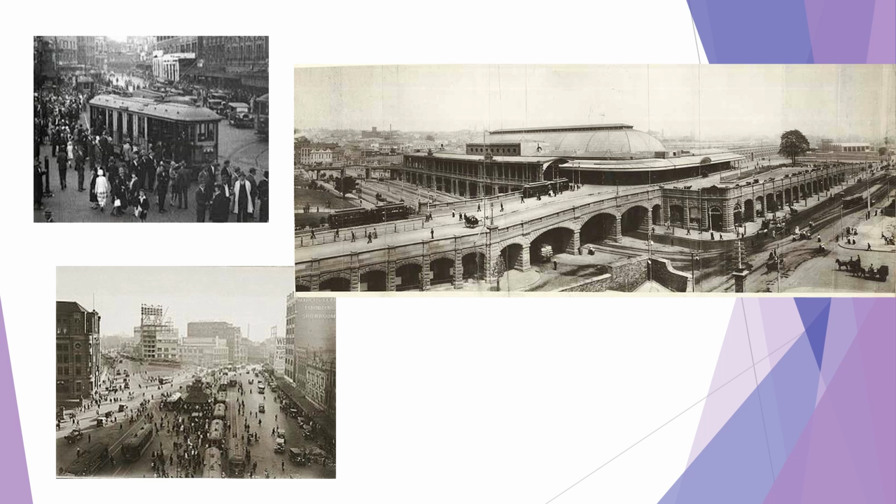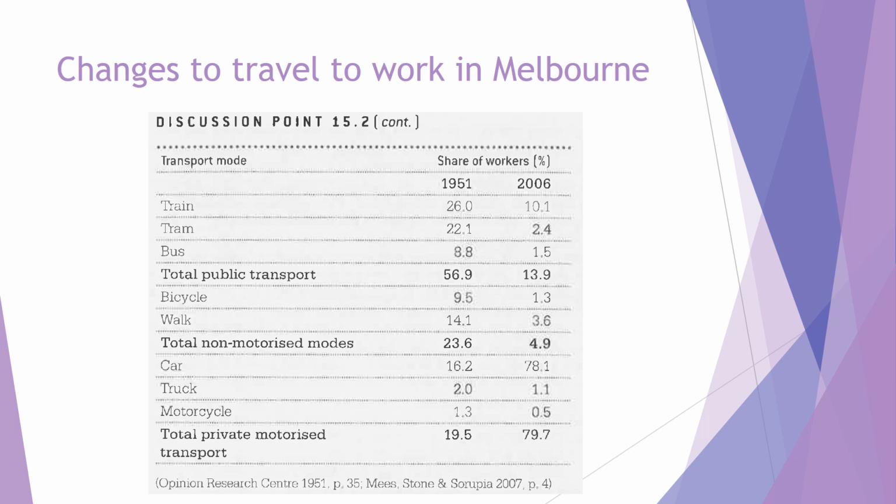So in thinking about your region, you might need to delve back into what happened to understand the spatial distribution of suburbs and the pattern of transport that you see currently. In terms of mode share, this is another image from the MEES chapter, and it shows how much things have changed over a period of time between 1951 and 2006, and how the transport mode of workers, this is in Melbourne rather than Sydney, has changed.